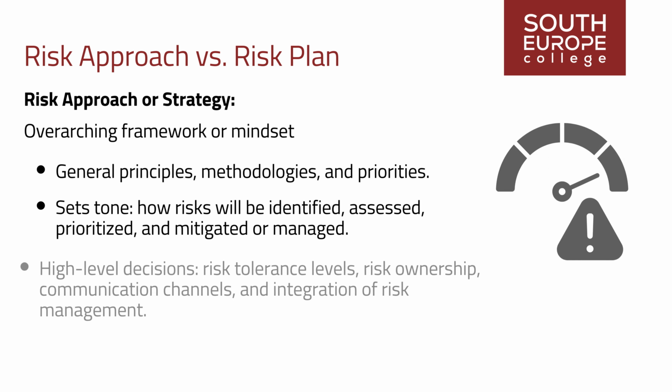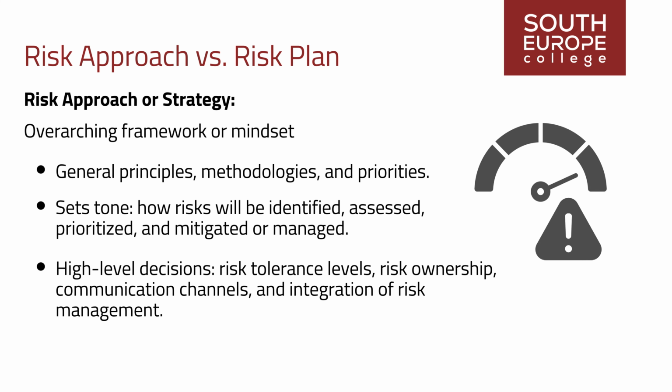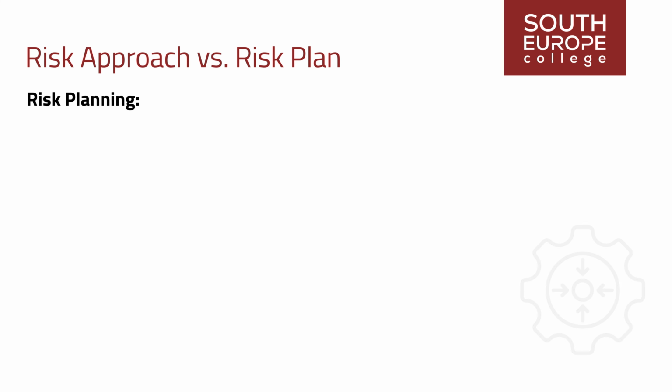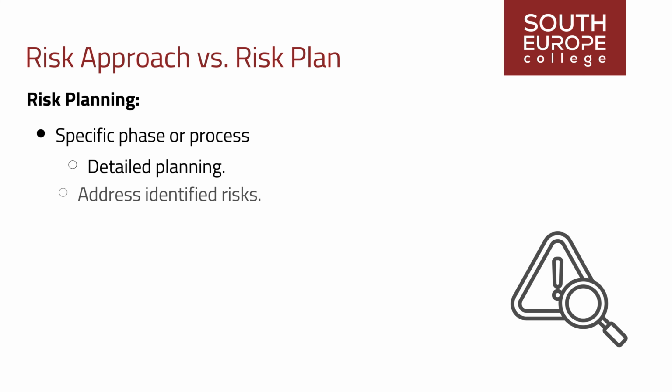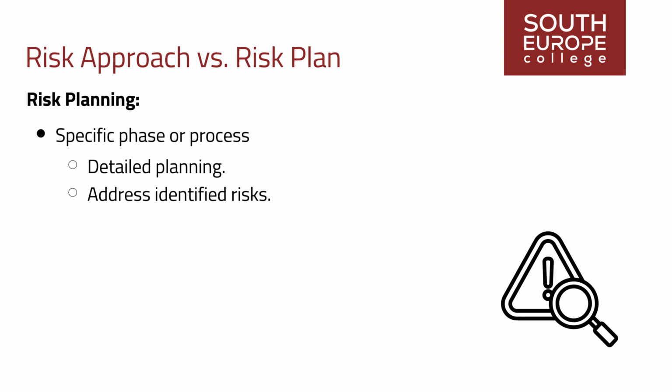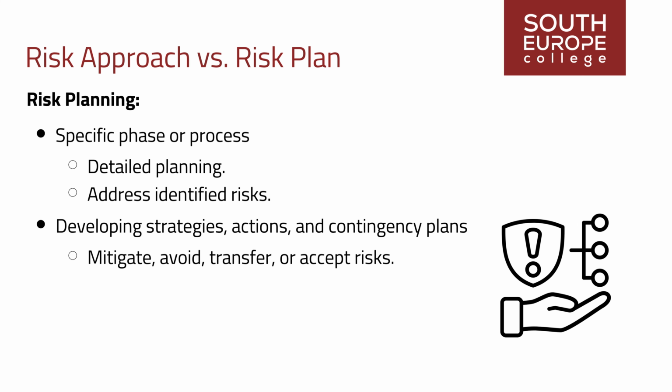It may include high-level decisions such as risk tolerance levels, risk ownership, communication channels, and the integration of risk management into project planning and execution. Risk planning is a specific phase or process within the project management lifecycle that involves detailed planning to address identified risks. It focuses on developing strategies, actions, and contingency plans to mitigate, avoid, transfer, or accept risks that have been